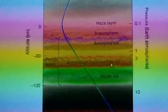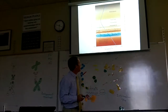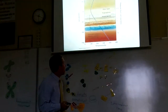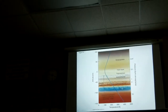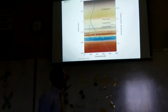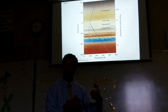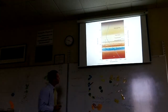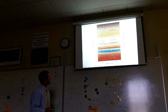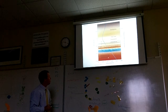It layers like this because these molecules are different weights. Water is heavier than ammonium hydrosulfide, and ammonia is lighter. So the ammonia floats a little bit higher than the water ice does. If you poured ammonia and ammonium hydrosulfide and water into a glass, it would layer itself just like this. All of those kind of floating on top of